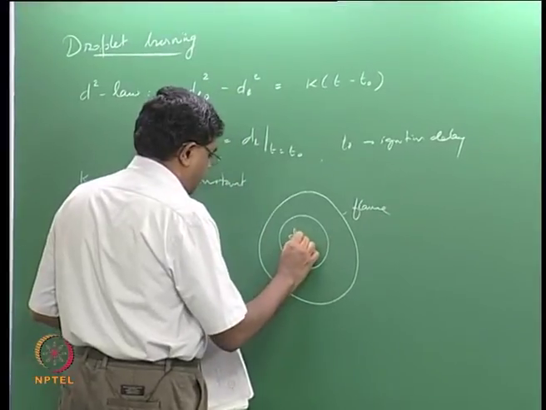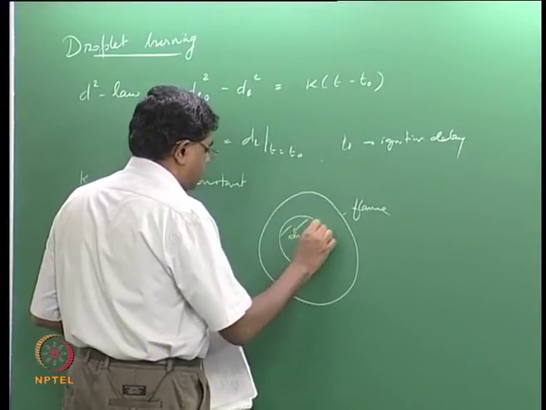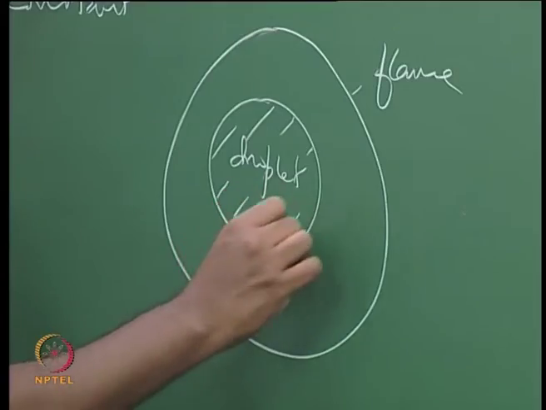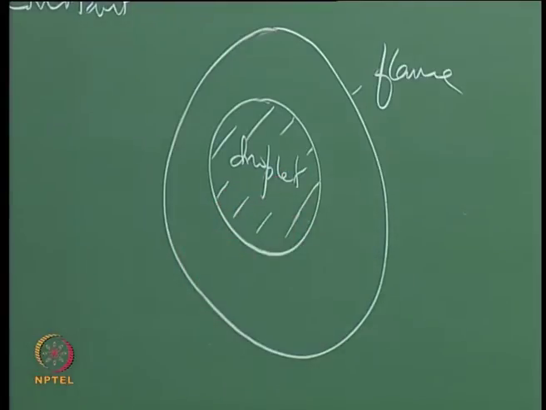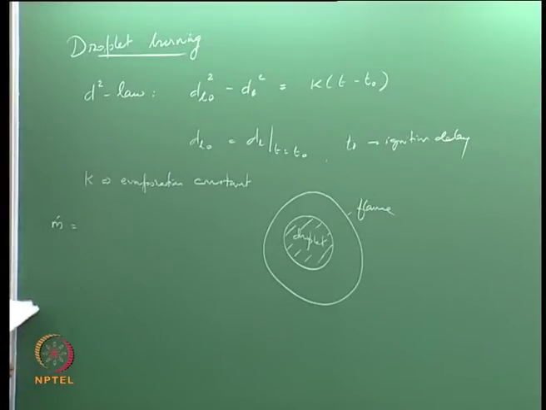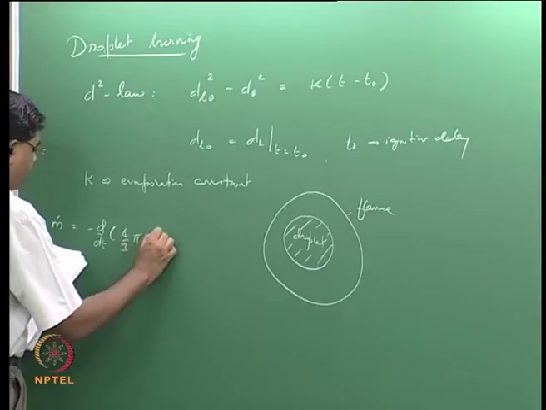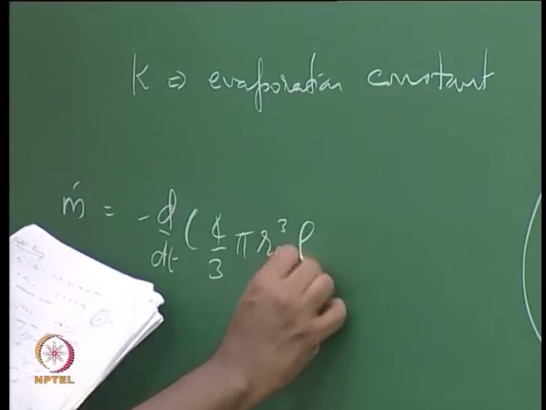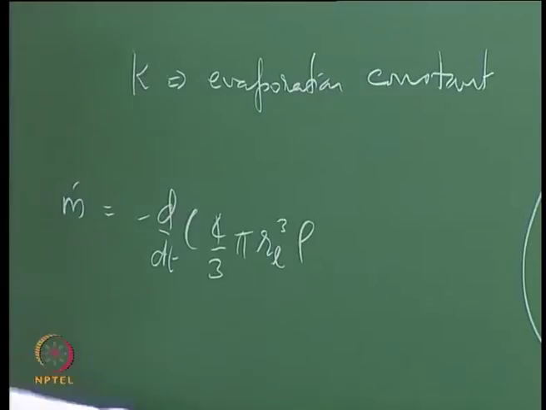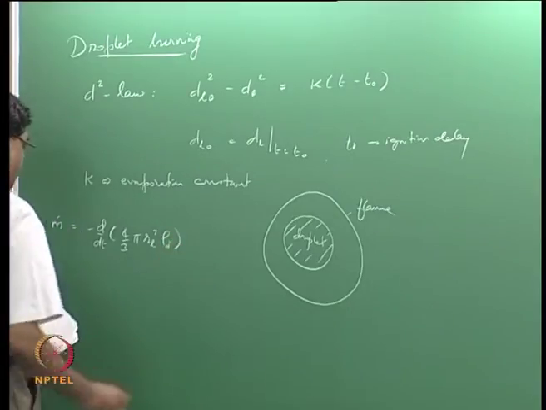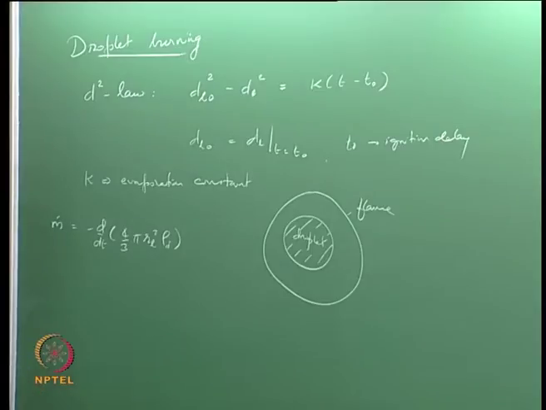and this is the droplet, then we can say that the mass flow rate of the fuel that is coming out of the surface of the droplet is minus d over dt of 4 over 3 pi r_L cubed rho_L, where r_L is the liquid radius and